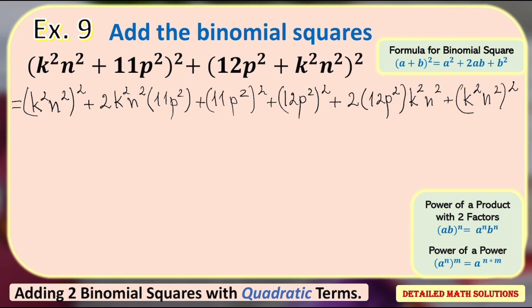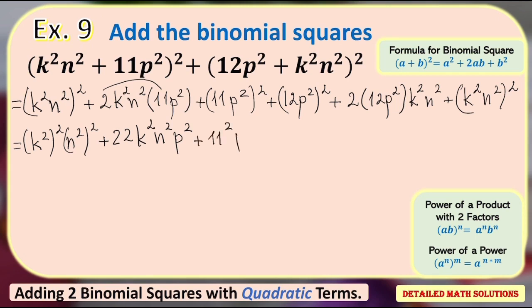Next, I need to apply the rule of exponents for power of a product with two factors. This way I get (k squared) to the power of 2 (n squared) to the power of 2 plus, for this next term I need to multiply the numerical parts, 2 and 11. This way I get 22 k squared n squared p squared plus